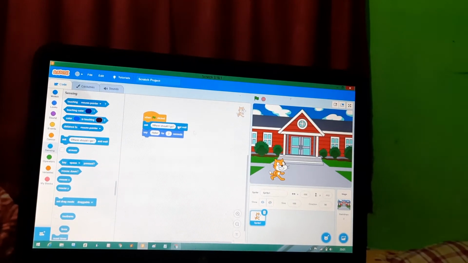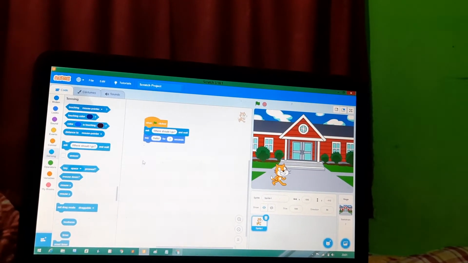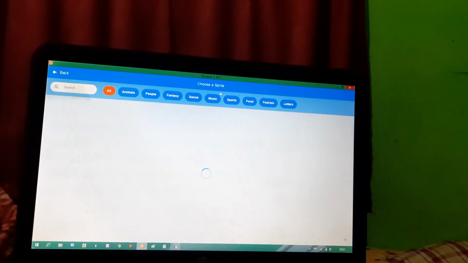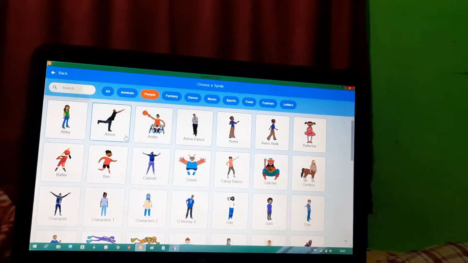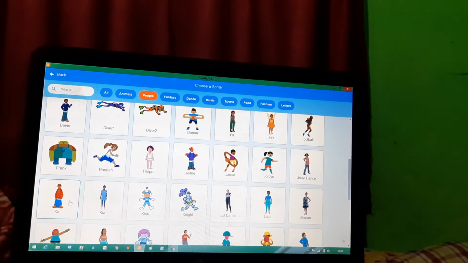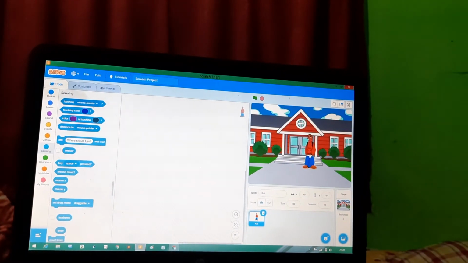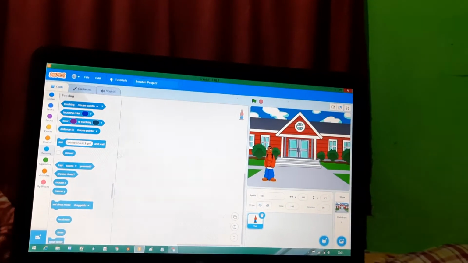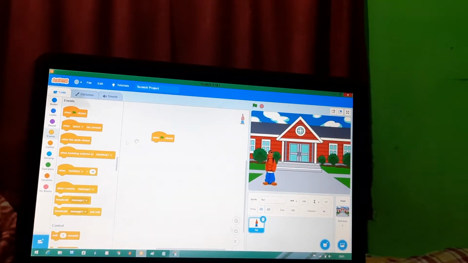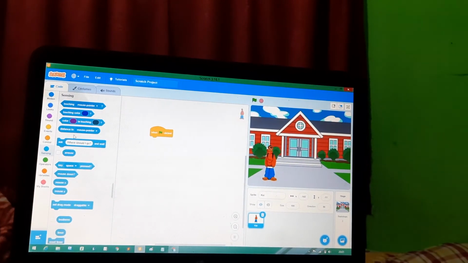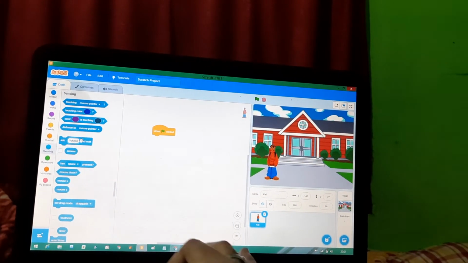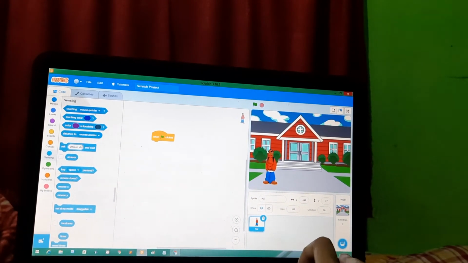Let us just cross this, leave it. Go and choose the people again. I want the character Kai. Kai is here only. Yes, Kai is here. And against the Kai we have to write a script, because Kai is asking the question and Kai is only the person who is telling the answer, which is a little bit funny, but it's okay. This is one simple example so that you can understand how these blocks work.